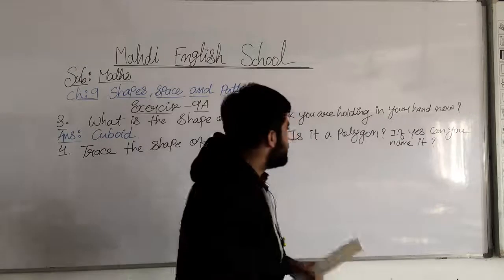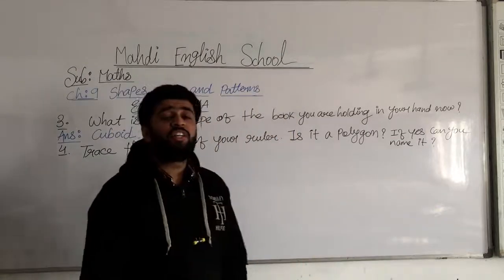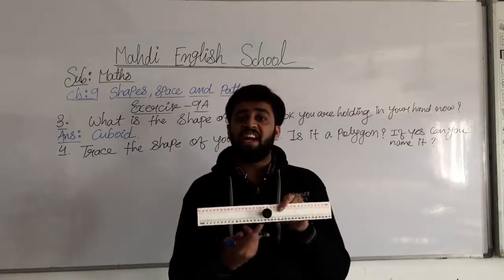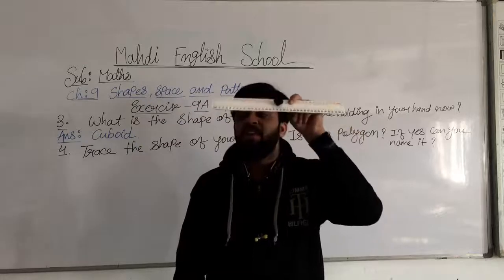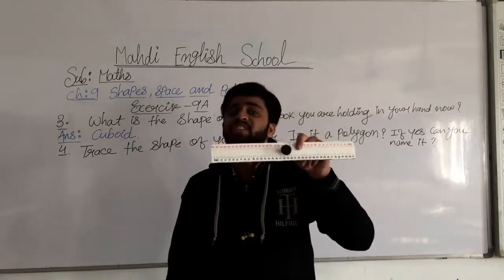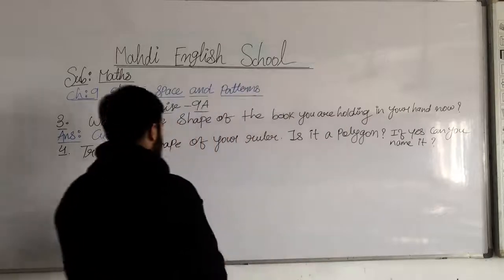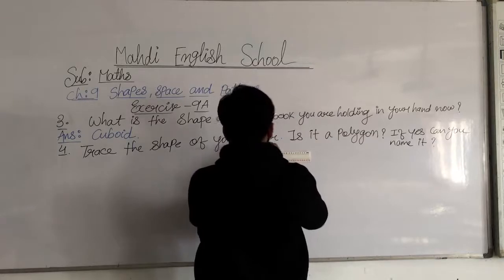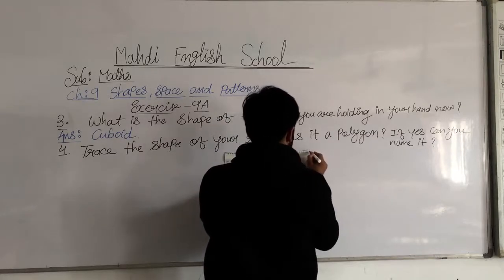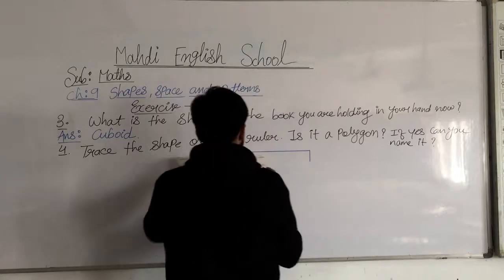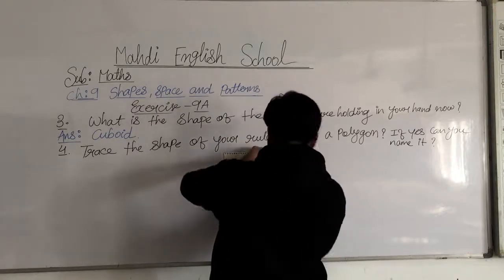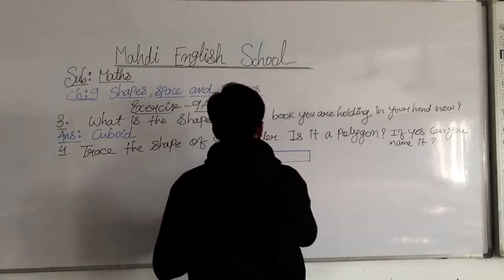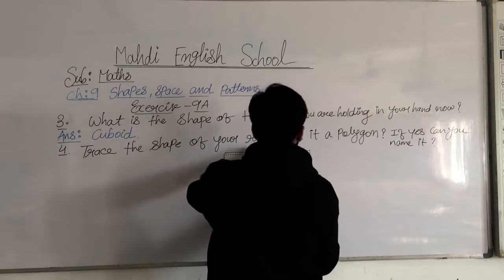So which shape is it? It's a polygon. What is the definition of a polygon? Polygons have four segments. It's the shape of a quadrilateral. In quadrilaterals, specifically which shape? Rectangular shape. So here I am going to draw a ruler, the shape of the ruler. Here I am going to draw it.